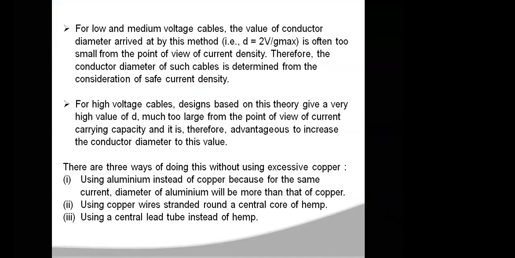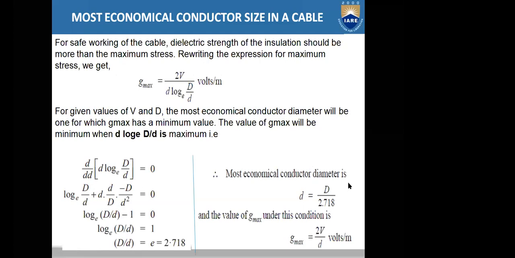But in that case it cannot carry as much current as we require. That means generally for low or medium voltage cables, you have to design your diameter, small d, based upon your current density. If you use this expression for calculating the diameter, the value you get is very small, and that small core diameter will not be sufficient to carry the amount of current we desire. So generally we will not use this expression to calculate the most economical conductor size for a cable